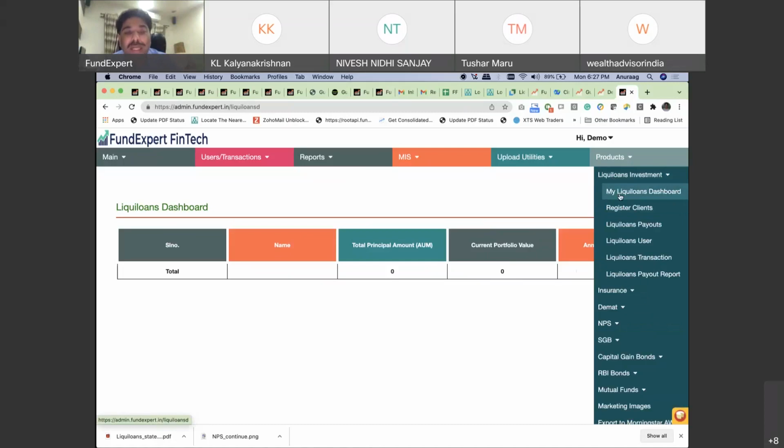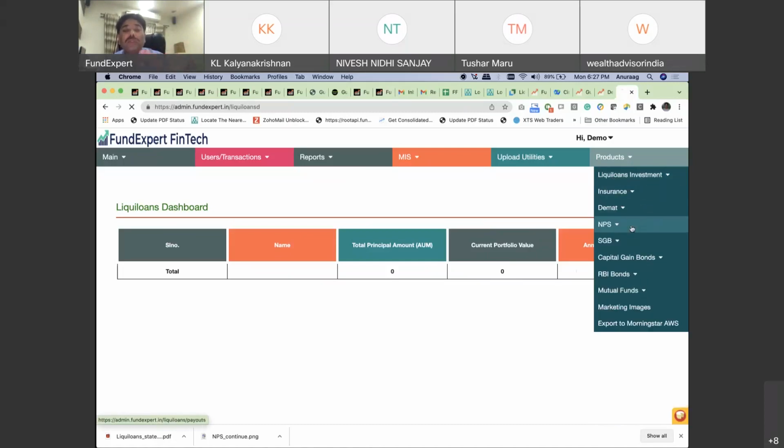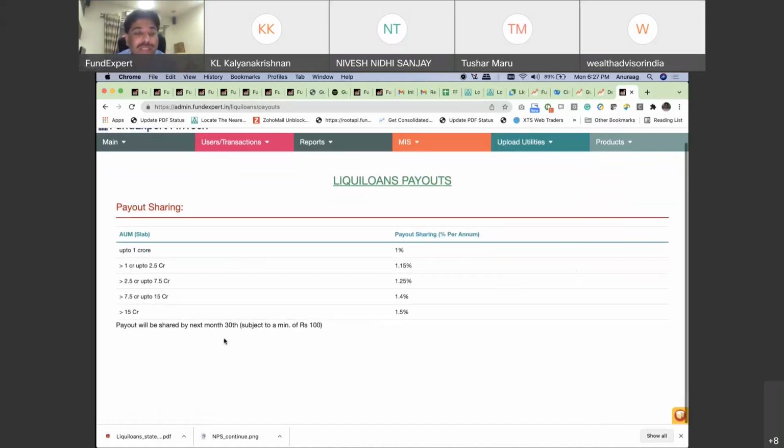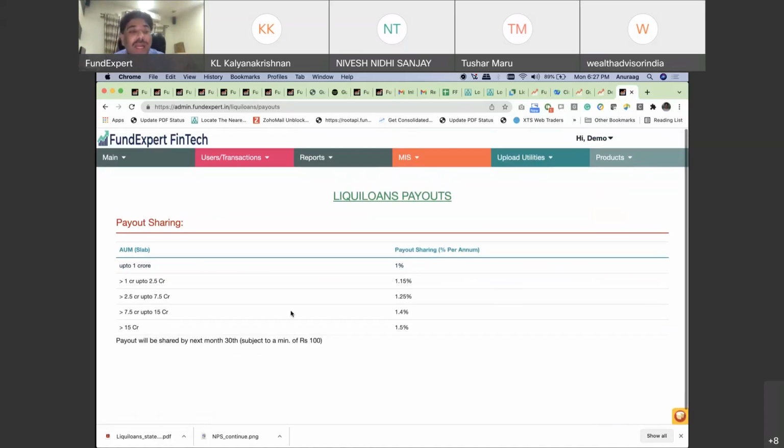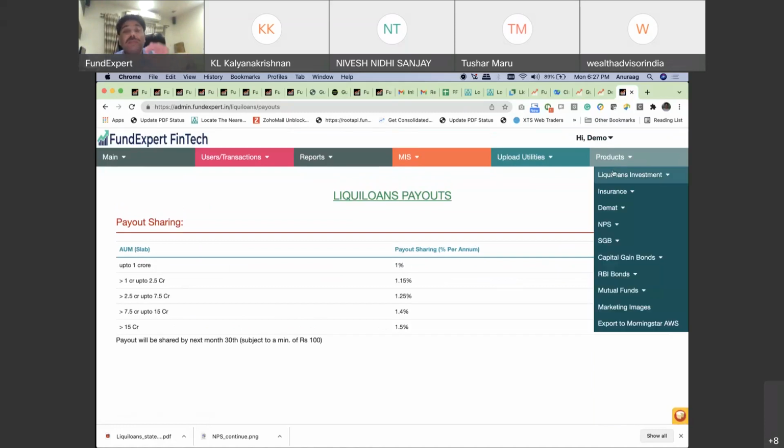Now, once you have a dashboard, every month there will be a payout. If you go to payouts, you can see every month on the 30th the payout is being done, subject to a minimum of 100 rupees, otherwise it gets carried forward, and you get a 1% commission on that. Now here the advantage is, if the customer has purchased a fixed tenure period like 3 months, 6 months, then the entire 3 months, 6 months trail is paid immediately. But if a customer has purchased 0 month, then obviously it will be paid like trail, because for how many days he's holding, for that only you'll get paid.